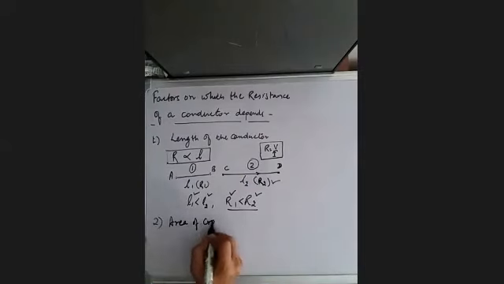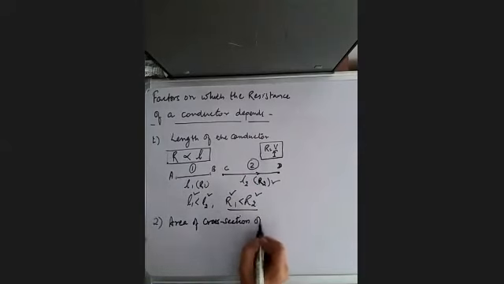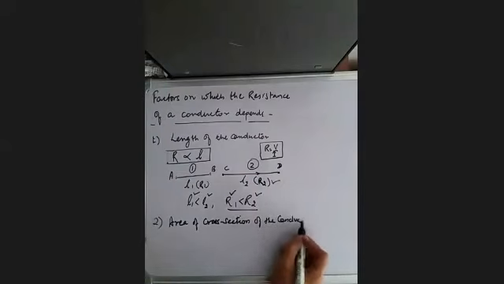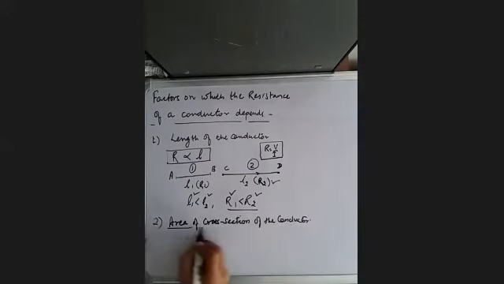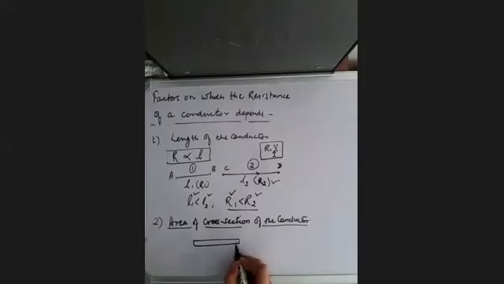area of cross section of the conductor. So what is area of cross section? This is a thickness. For example, this is a conductor wire, and generally conductor wires are cylindrical in nature. If we see cross section, we see from this side, you will find this kind of a circular area. Okay, so this is your area of cross section.